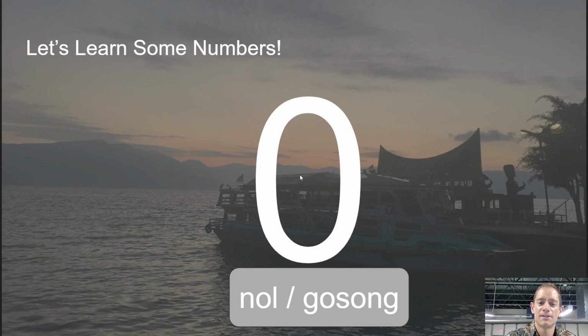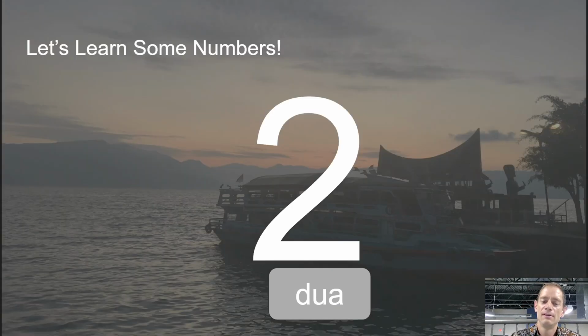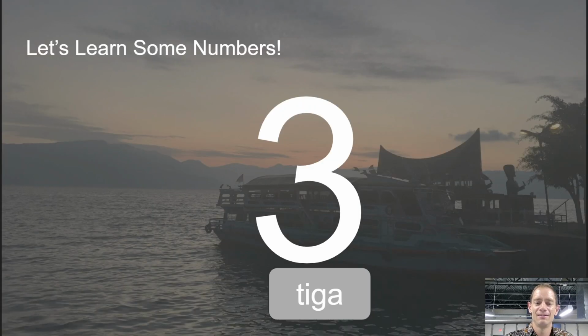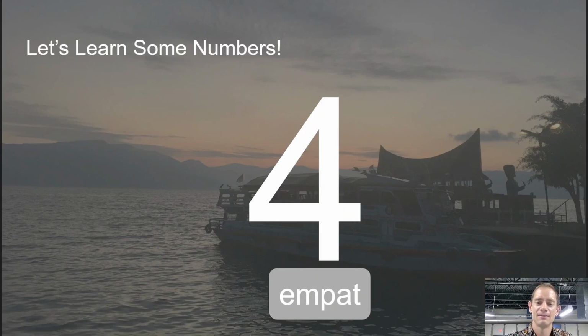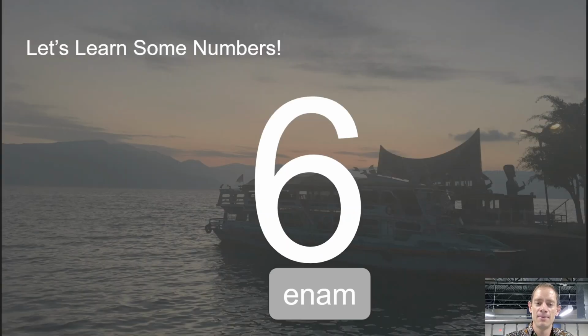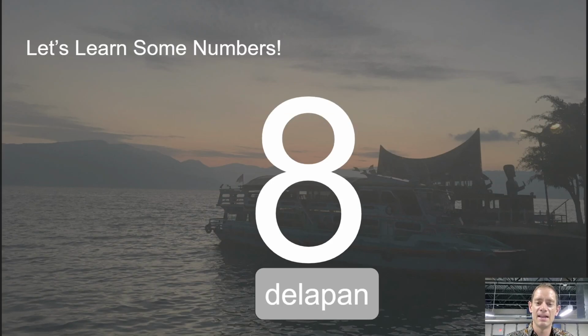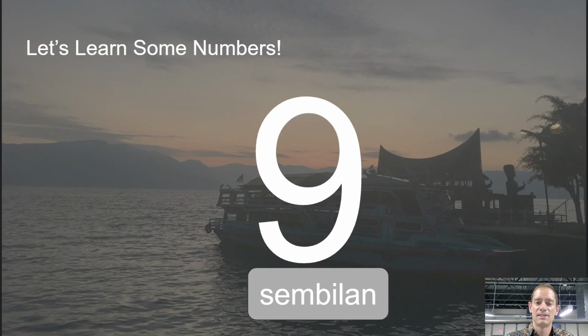So this number in Indonesian is nol or kosong. Kosong means empty, and it's used a lot for telephone numbers. Nol is 0. Satu, dua, tiga, empat, lima, enam, tujuh, delapan, sembilan,